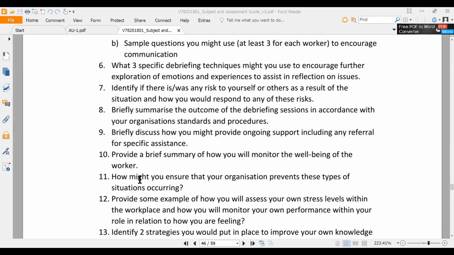11, how you might ensure that your organization prevents these types of situations occurring. So this is a bit of a weird question. If somebody's died in the workplace, how are they going to prevent that occurring? But really, you've got to think about how are they ensuring that support is provided, and that support